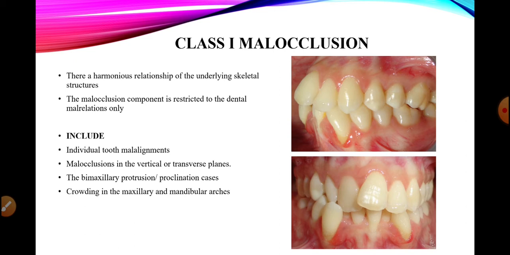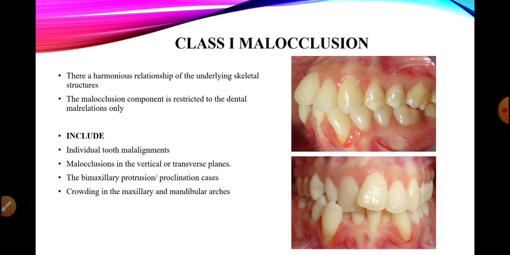canine, or any tooth that is placed individually not in a normal position, that is not lying in a line of occlusion. The malocclusions may be present in the vertical or the transverse plane. Vertical malocclusions can be either open bite or deep bite, and in the transverse plane, we can usually see either the narrowing of the maxilla, that is transverse maxillary deficiencies, or we can see cross bites